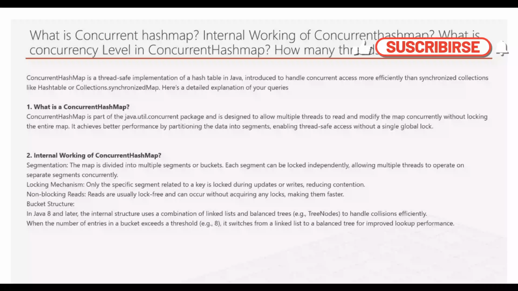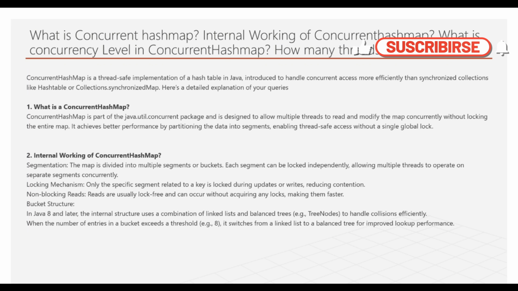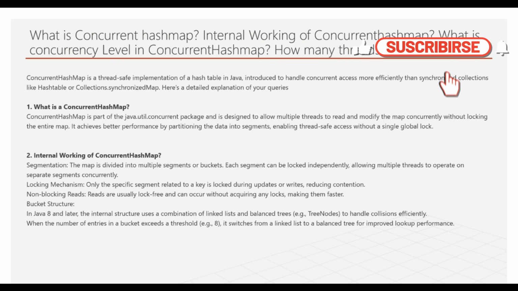Now, the very first question which he asked me about was, what is concurrent hash map? And basically, it doesn't stop here. When you answer this, there may be multiple questions around it, right? So if you see here, I've written: what is concurrent hash map, internal working of a concurrent hash map, what is the concurrency level in the hash map, how many threads can be run at a time, right? So these all may be the subsequent questions. The very first question he might ask you